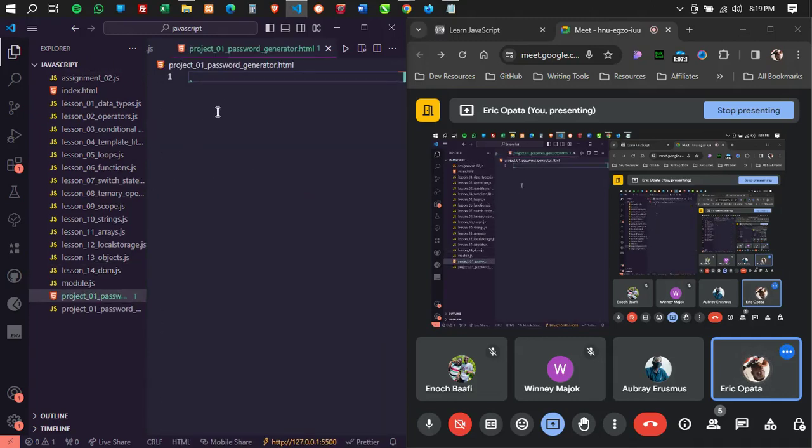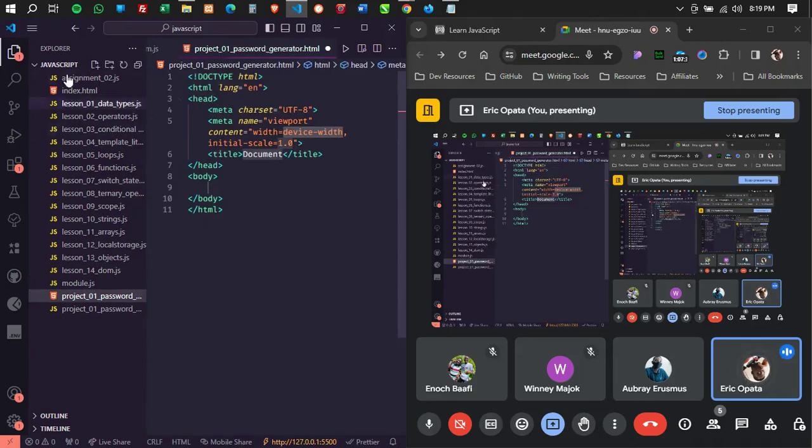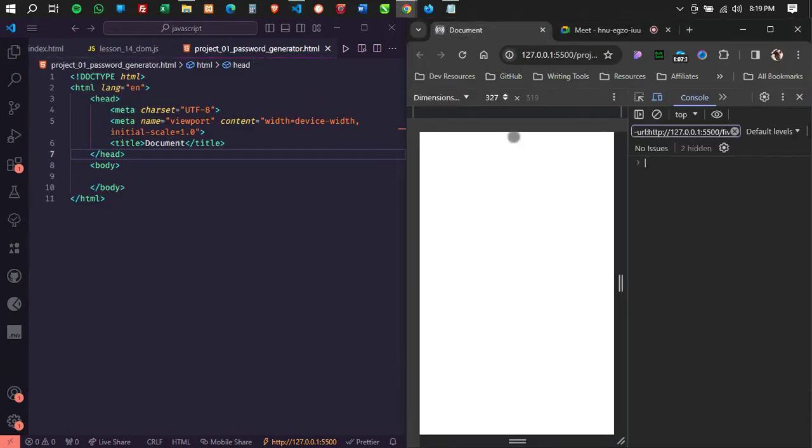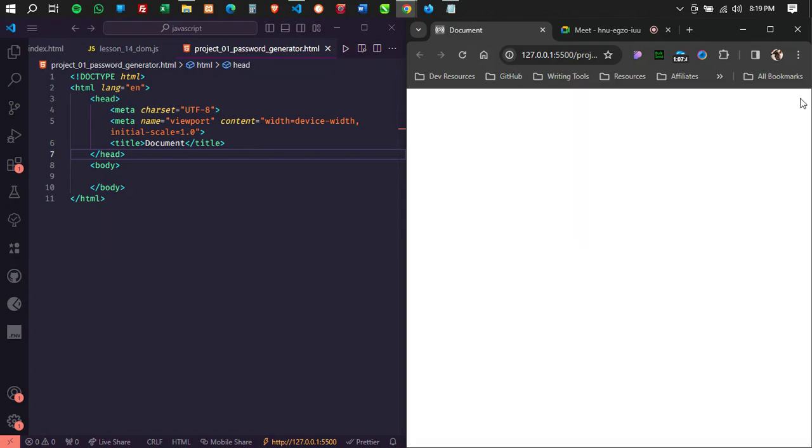HTML. All right. So I'm gonna have my HTML boilerplate over here, and I'll save that. And let me navigate here. Let me go back, and we have this. So let me now close my console, my dev tools, right? And then I'm gonna run real quick password generator,